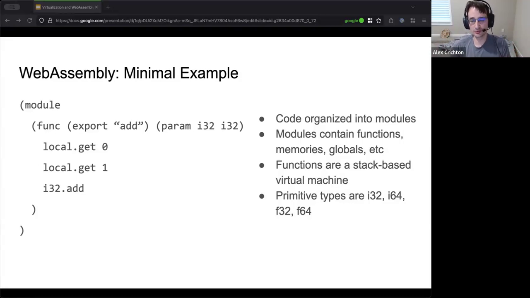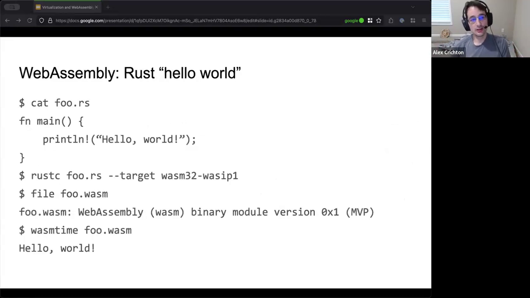You typically don't write this by hand, so what you would actually do is write some Rust code. You can then run the Rust compiler, and there are targets baked into the Rust compiler. We say I'd like to generate stuff for WASM, and out pops a foo.wasm, which, if you take a look at it, has this version header and everything. And then you could take this and run it directly inside of a WebAssembly runtime. So for example, this here is Wasmtime. You can see when you run it, it actually prints things out.